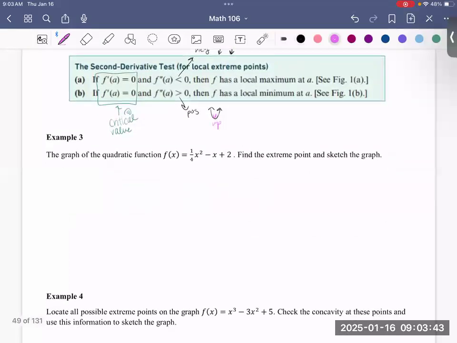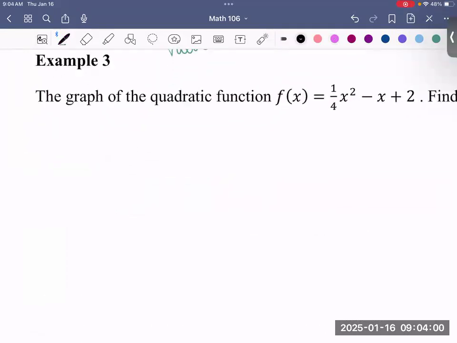That's all that is saying. So let's have you guys try example 3 with just first to take the first derivative to find your critical values, find the critical point, and then we're going to take your second derivative. So let's take a look here. Our first few steps remain the same. So find the first derivative